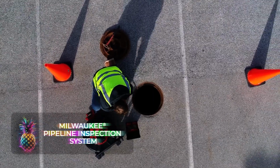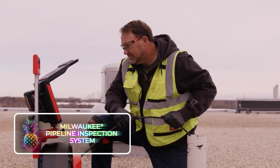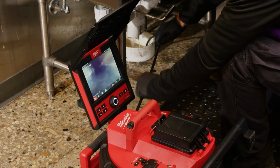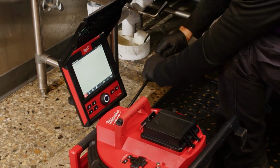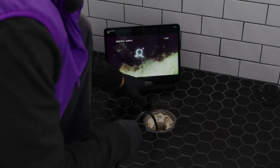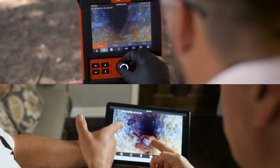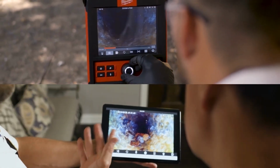Milwaukee Pipeline Inspection System. Milwaukee just can't make a bad product, and their high-functioning modular pipeline inspection system is a classic case in point. By using cutting-edge HDR self-leveling camera heads, the system allows you to see deeper and clearer than ever before, even in dark conditions. It can also use 4x digital zoom and pan across the image to pinpoint specific details, and it displays the